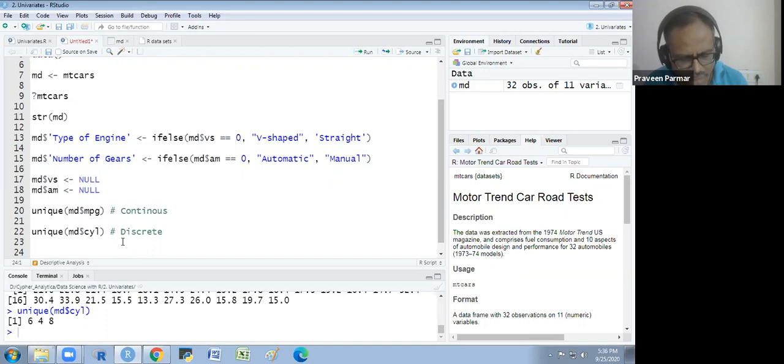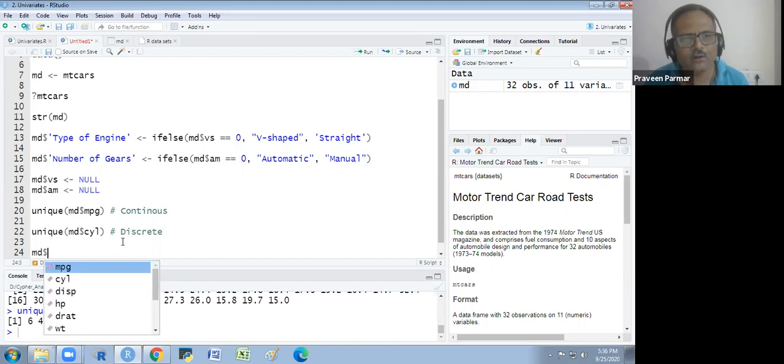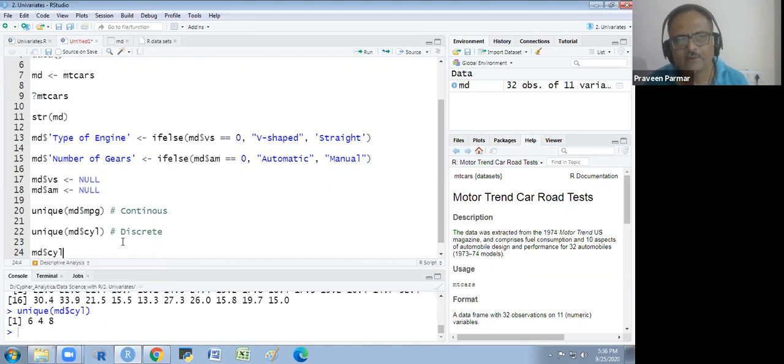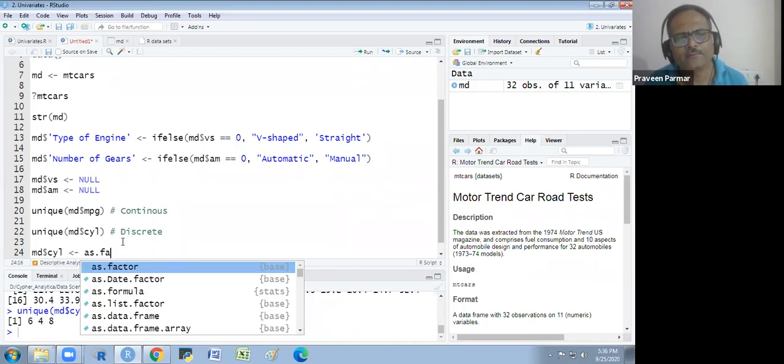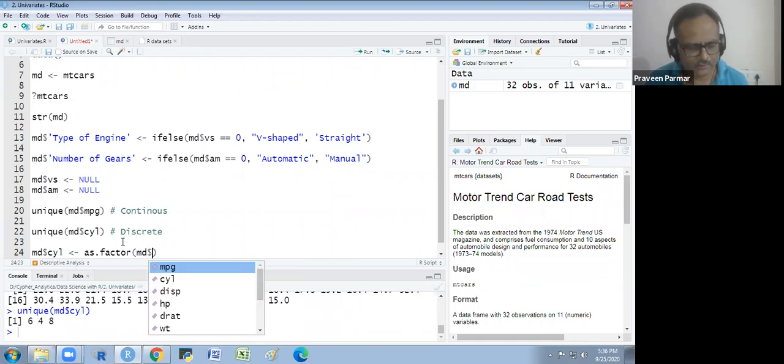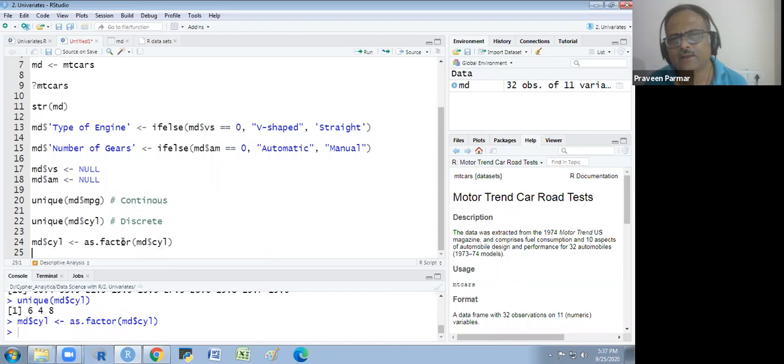So how do we convert this? AMD dollar cylinder as dot factor, AMD dollar cylinder. Only this we have to write. It will be converted into factor now. Now I will show you the structure again.